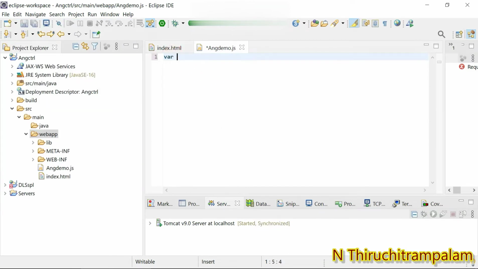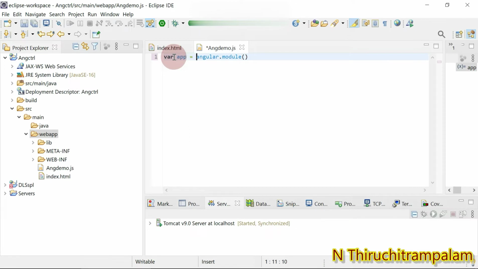Here I write var app equal, and we are going to create the angular.module. So I just create the module. This is a variable name, app. We can give any name.